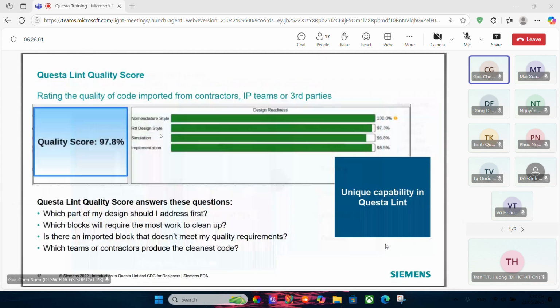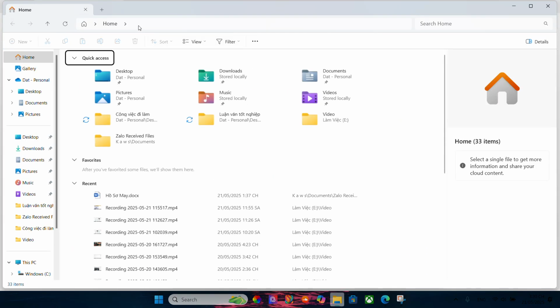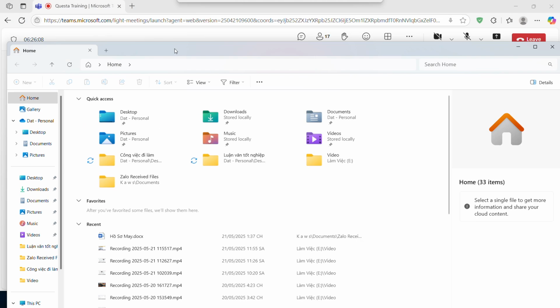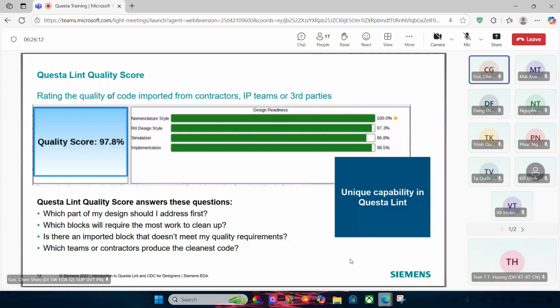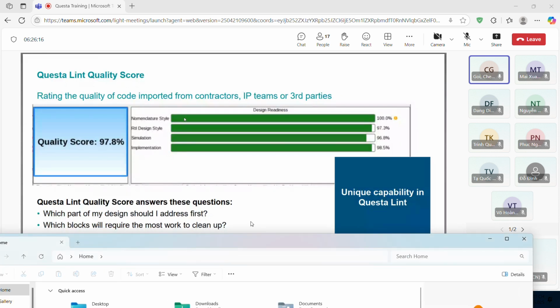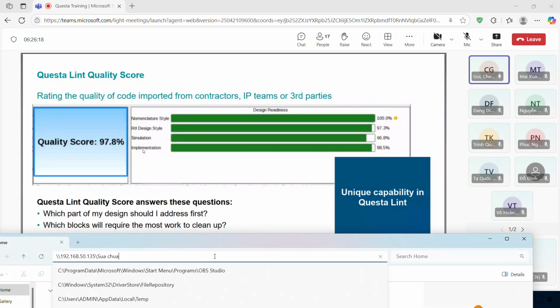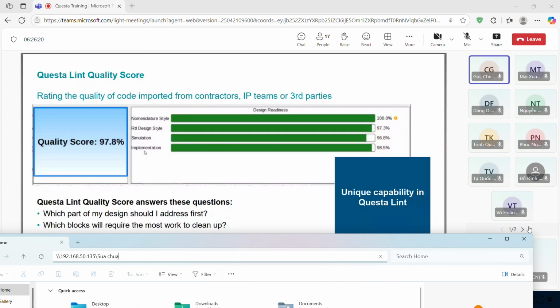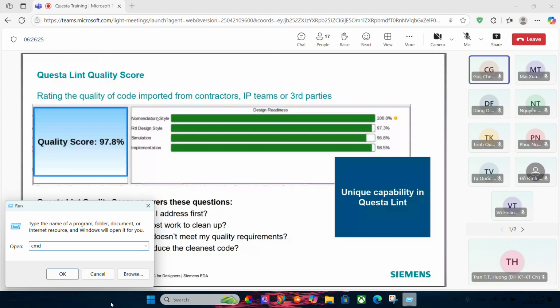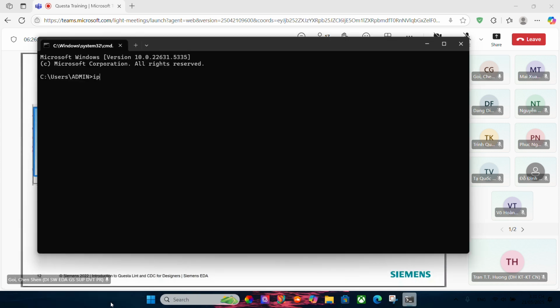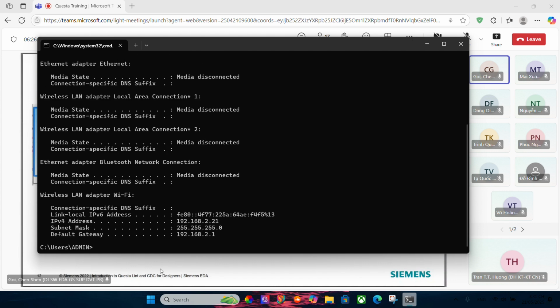And this is one of the things that makes Questa Lint unique. It's called Questa Lint Quality Score. It helps to analyze the result of your analysis, applies scores to it, and then categorizes them according to what Questa Lint thinks. So this helps you to understand the risk, and you can make decisions based on the scores throughout the design. So the scores are further